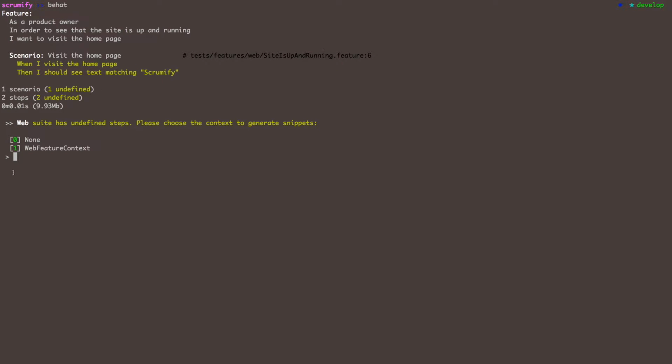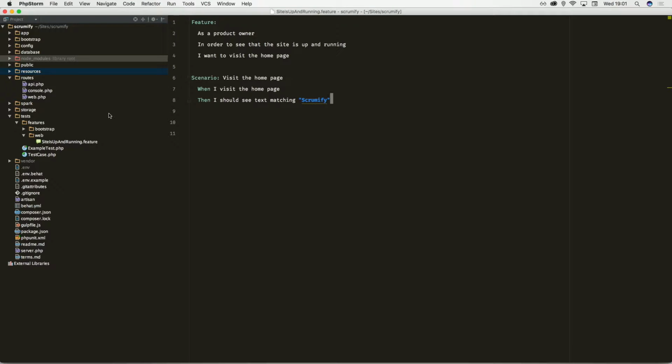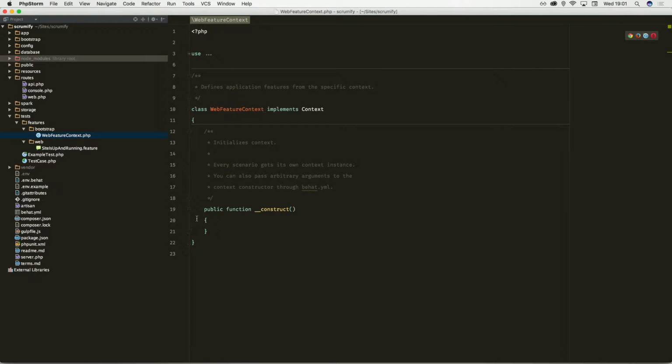So it gives us the option to add it to web feature context or to none. I'm going to say none, and I will explain why. It's because what we are going to do is, in our web feature context, instead of creating all these methods by hand, okay, we are going to extend